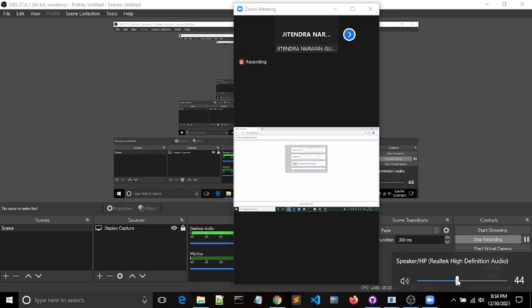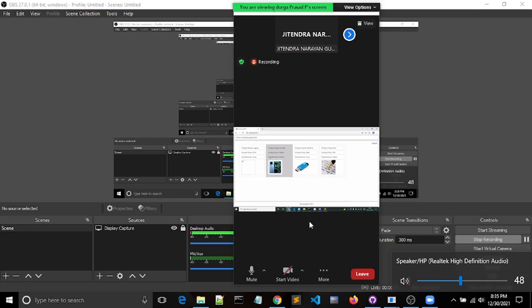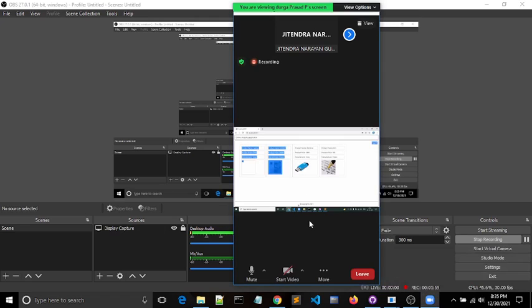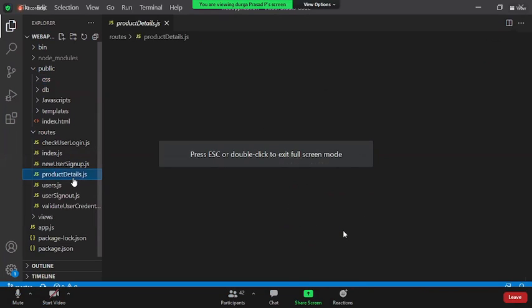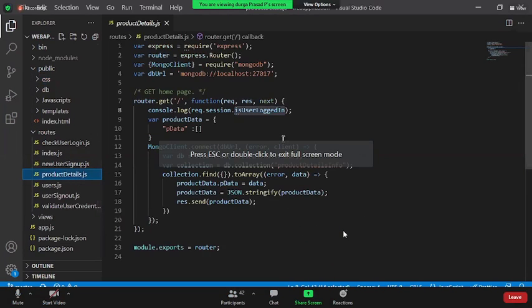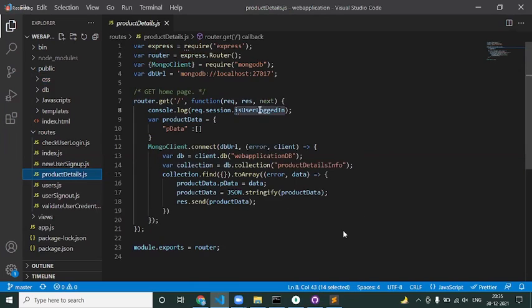Earlier we have already seen the product details. Now it is also coming from the database, right? We have written the web service for the product details, where we hit the product details info web service and get the data.